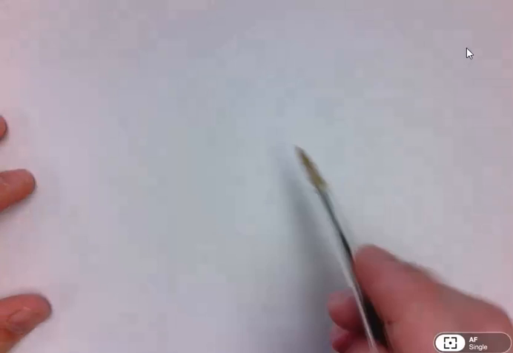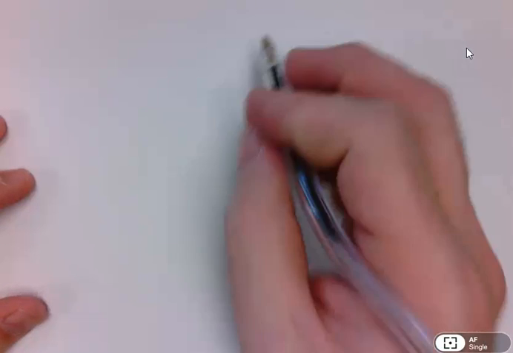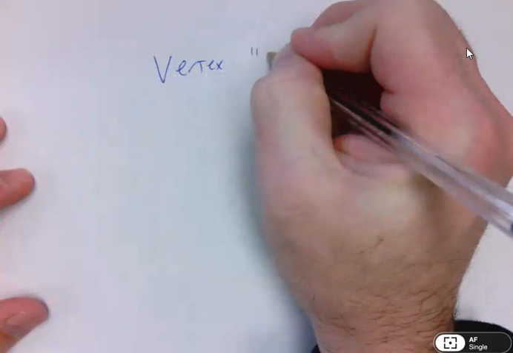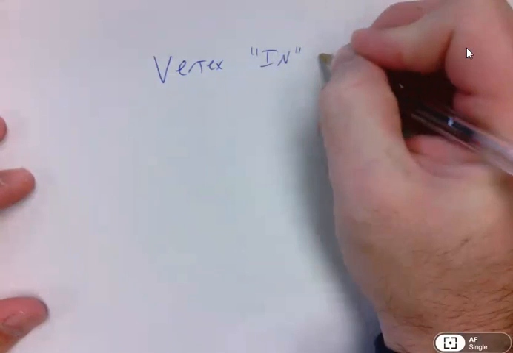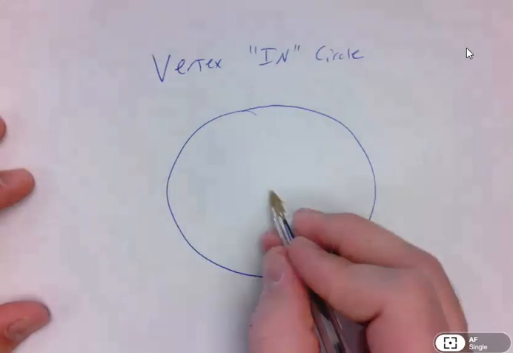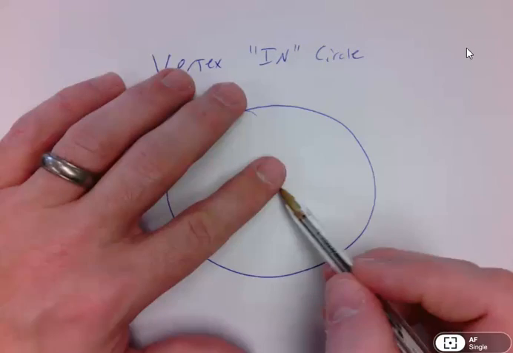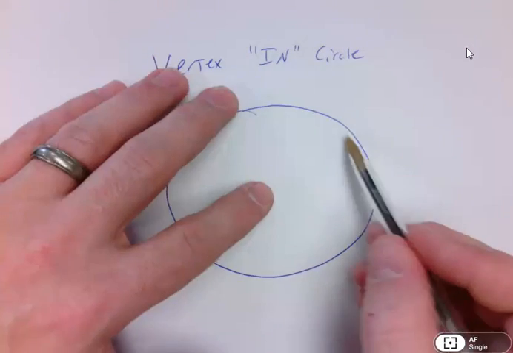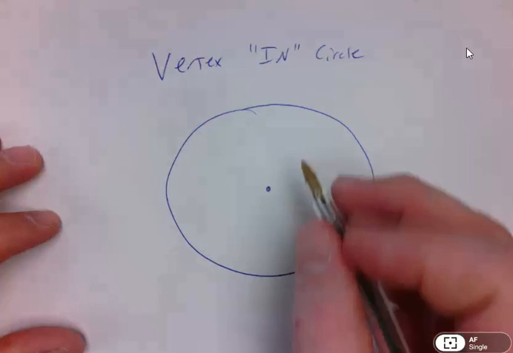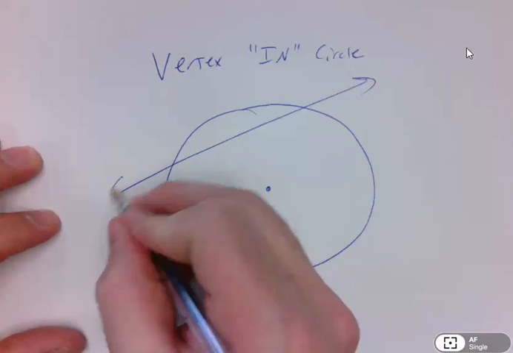Hey guys, in the last video we focused on what happens when the vertex was on the circle, but in this video I want to focus on when the vertex is literally inside the circle. And I don't mean the center of the circle, right? We know that one. If you've got an angle coming off the center, that's exactly the same as the arc. We've learned that before. The central angle matches the arc. I'm talking like you've got an angle just somewhere else